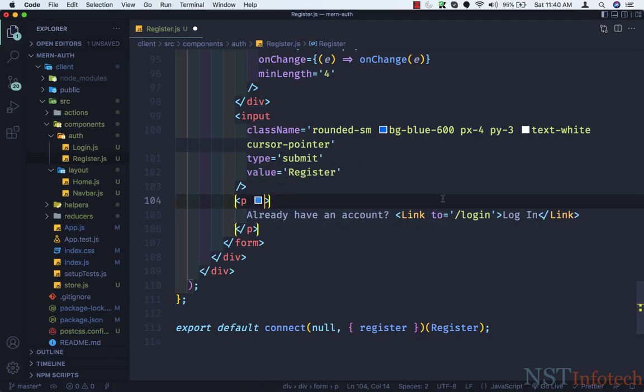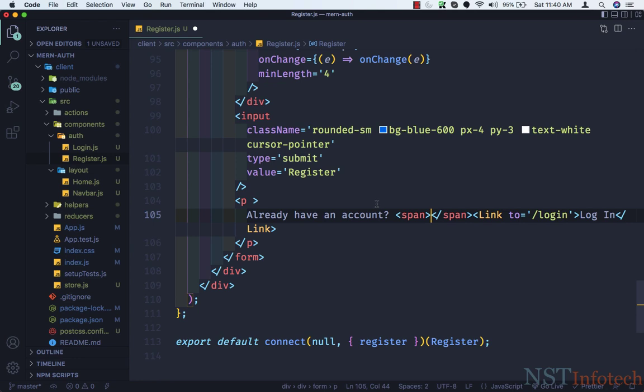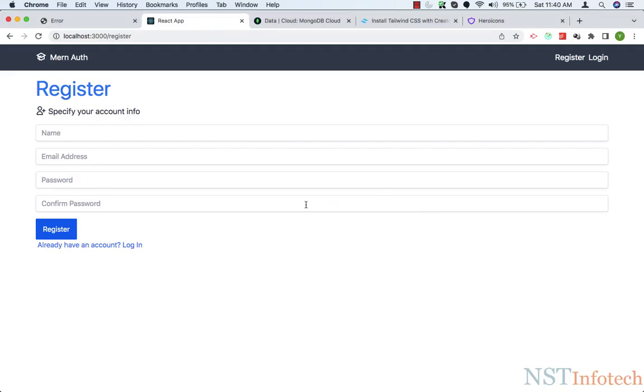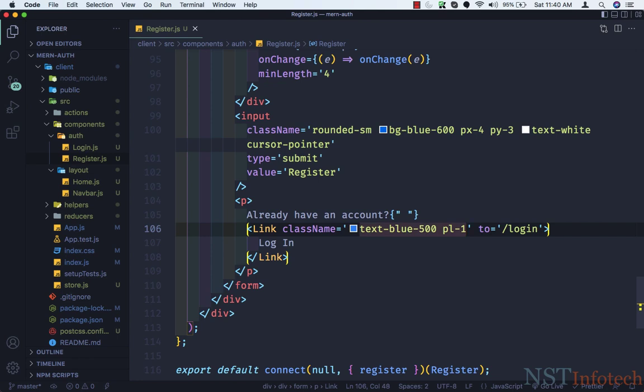So let's cut this, and what I'll do is take this inside a span. Okay, maybe we can just, one second. Let me close this. We can add class here. Okay, this is looking better. Yeah. So top also we need some padding, right? So let's do it this way only. Padding from top and bottom 1. I think no,